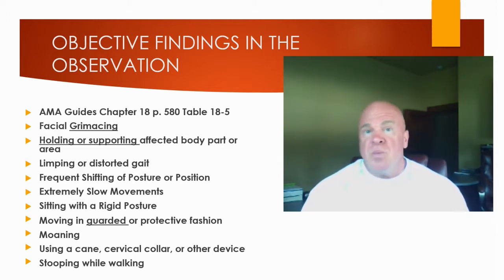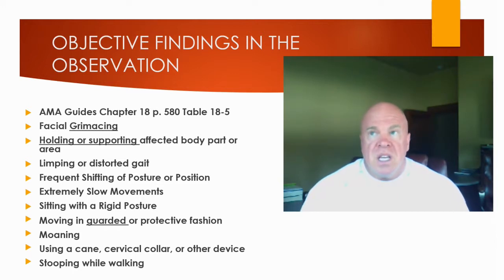And as the match progresses and as the running miles accumulate, the limp becomes more pronounced. So this is a positive objective observational pain behavior finding that supports his history, that's consistent with his history of injury to the hip, and it's consistent with his history of recent surgery to the right hip. So limping or distorted gait is something that we would expect to see in cases of bona fide spinal pain or bona fide lower extremity pain.